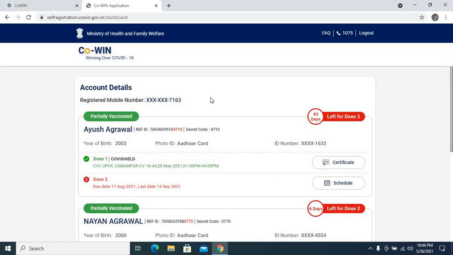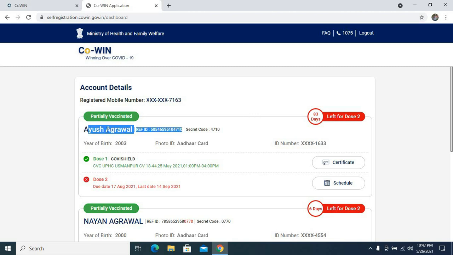As you all can see, I am already registered on this portal, so it hasn't asked me for any ID proof like Aadhaar card, PAN card, driving license, voter ID, etc. If you are new on this portal, then you will be asked for any of the IDs like Aadhaar card, PAN card, voter ID, etc. and date of birth.